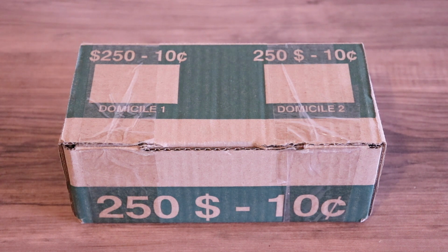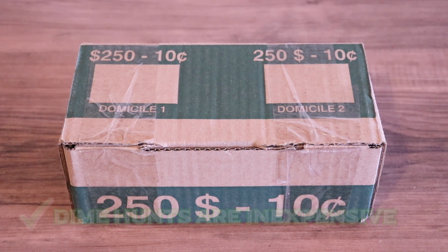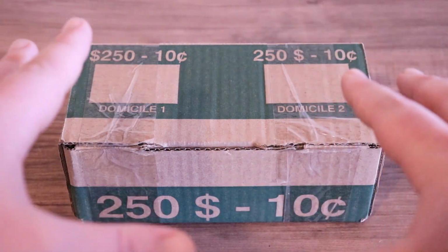To do a dime hunt is not too expensive either. If you are just getting into coin roll hunting and you want to test the waters, maybe dip your toes in a little bit, I would say probably get started with dimes. It is $250 a box, and you have a pretty good chance of finding silver. I would say it's honestly about one silver per box ratio. You might get a little less, you might get a little more, give or take here and there. But you've got to give it a chance, test it out,